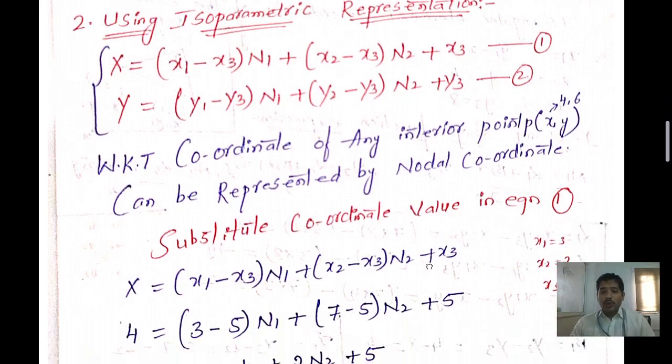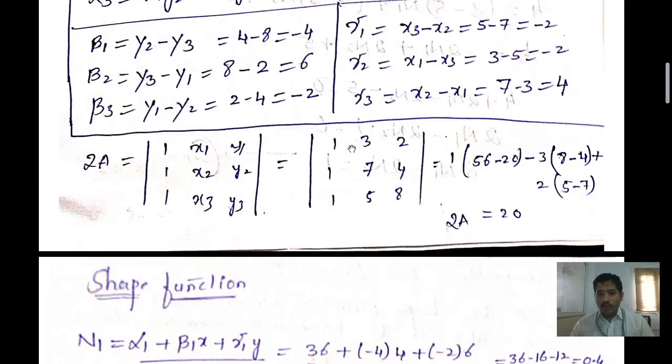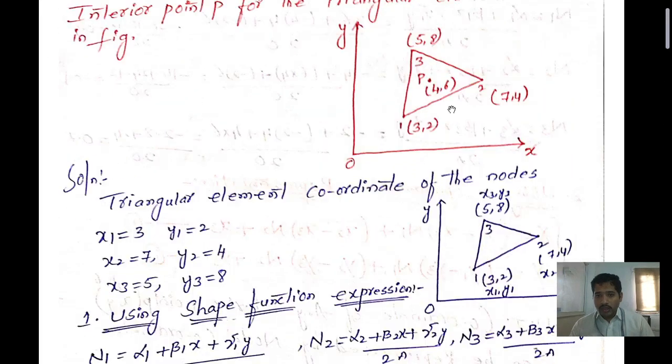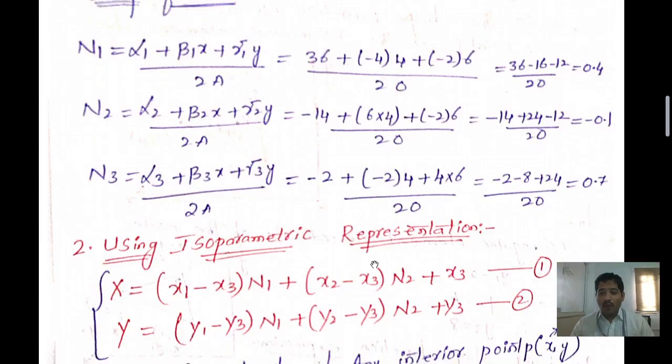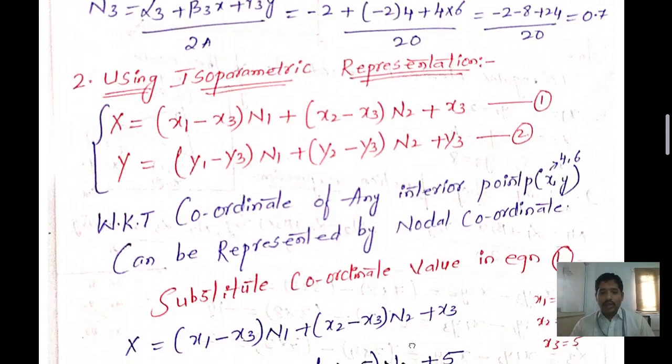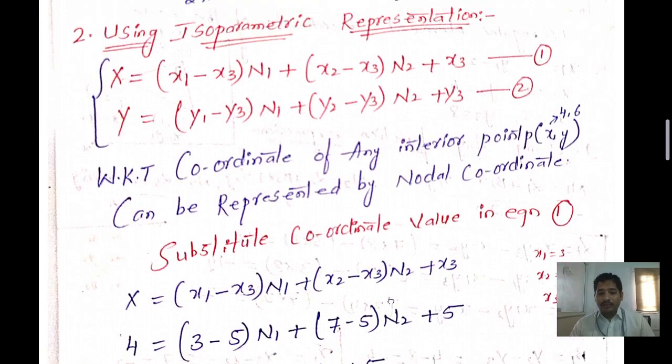Clear? So here we know the interior point. If you want to observe over here the interior point, so in this middle point the interior point how much is given here? 4 comma 6. This 4 comma 6 we can represent here x and y. X is 4, y is 6. Clear? Done. After that, let us see over here, x is 4, y is 6. So this value we need to substitute in the equation number 1.